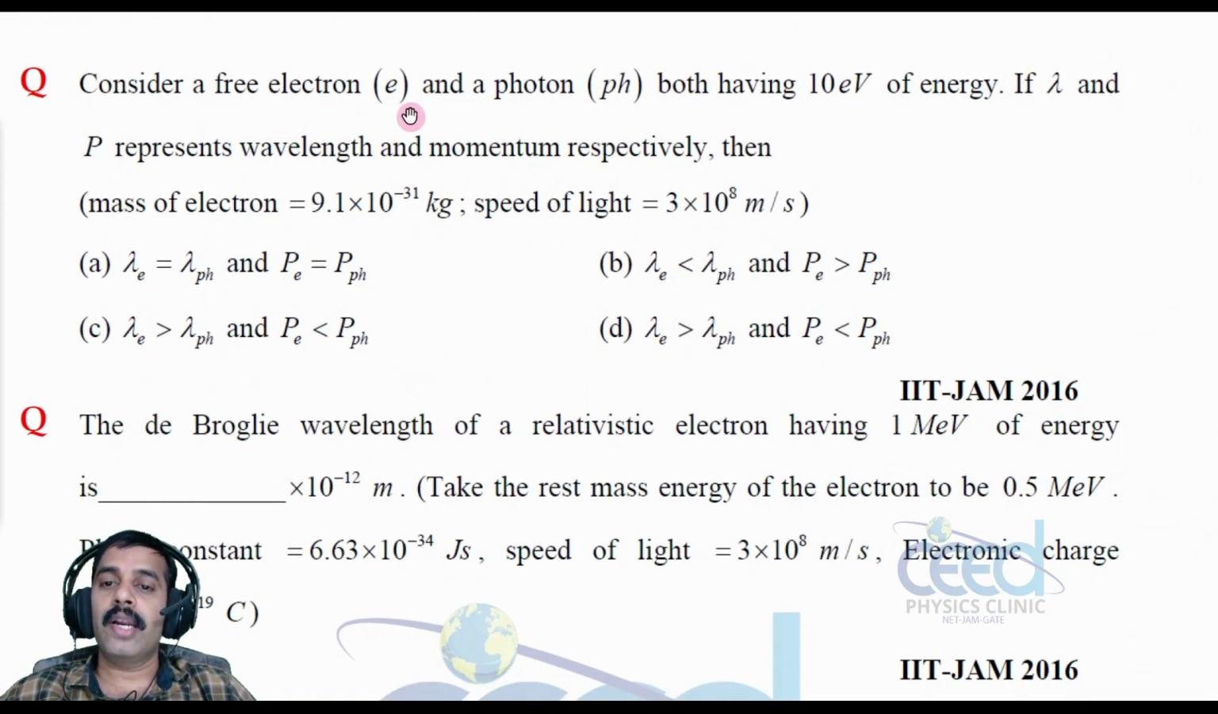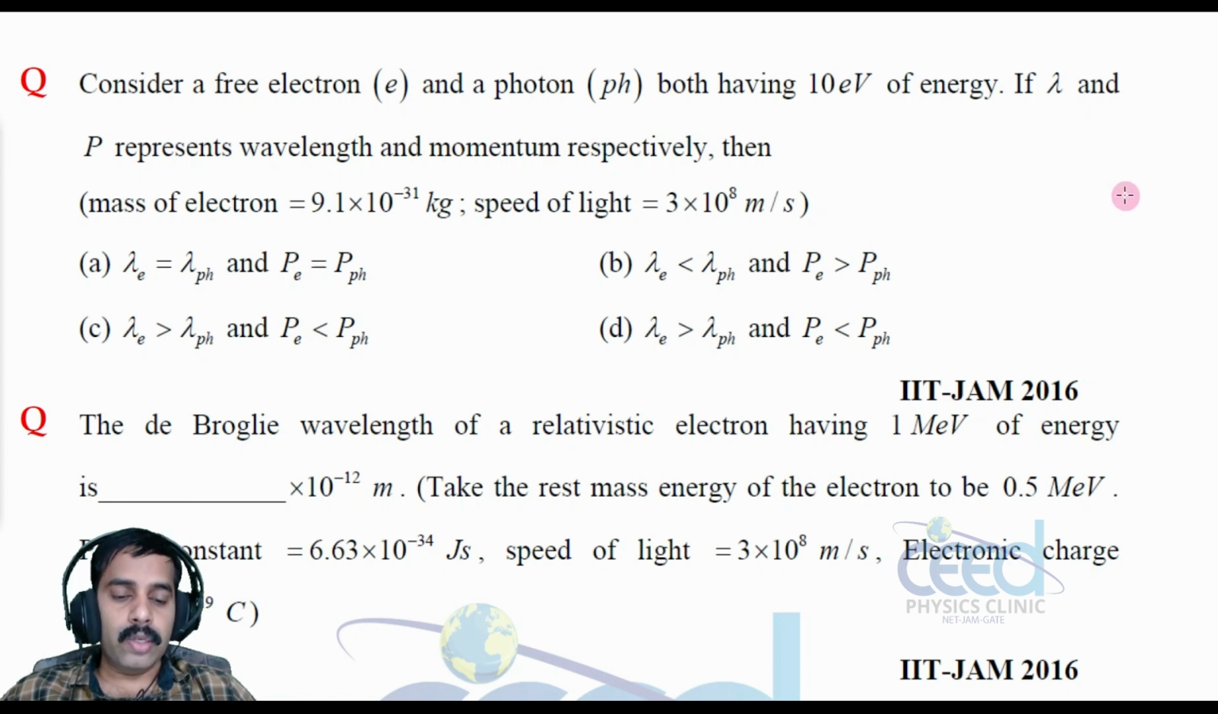Consider a free electron E and a photon pH, both having 10 electron volt of energy. If lambda and P represent the wavelength and momentum respectively, then, if I am considering a free electron and a photon, what can I say about the momentum and wavelength of the electron and the photon? Which one is larger, which one is equal, that we need to find. So out of these, the correct option is,